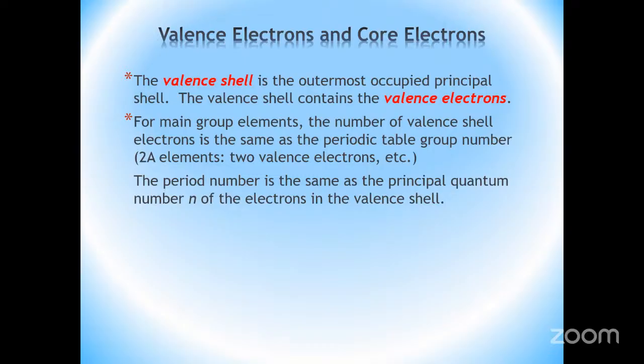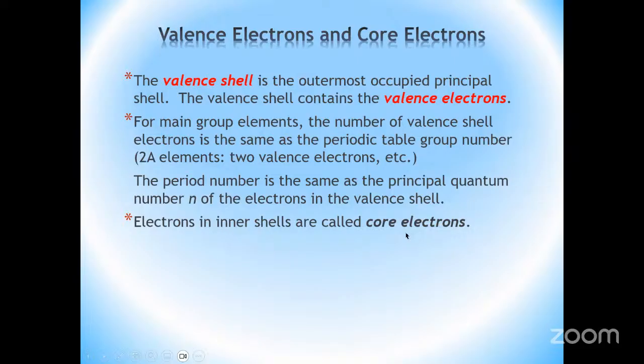So that's the valence shells. Valence shells are the highest energy shells, and the electrons in those shells are called valence electrons. Then we have the other group of shells, which are known as the inner shells, and the electrons located in those shells are called the core electrons. Basically, all other electrons that are not in the valence shells will be considered core electrons. All right. So if you have an example of arsenic,